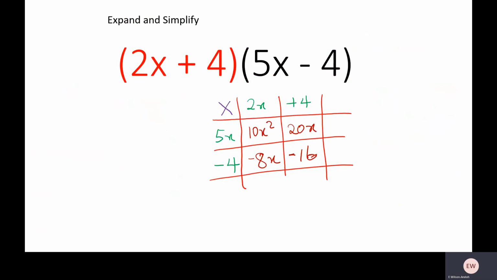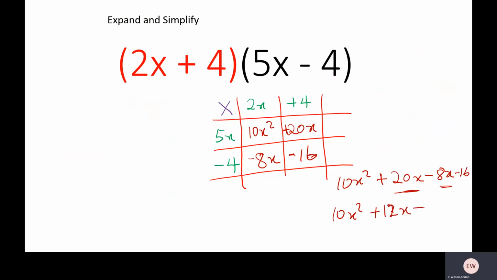So now let's write everything and group the like terms. So we are going to have 10x squared plus, this should be plus, always put the sign there, plus 20x minus 8x minus 16. Now the 20x and then the 8x are the like terms. So this will give us 10x squared. 20 minus 8 is 12, positive 12. So we have plus